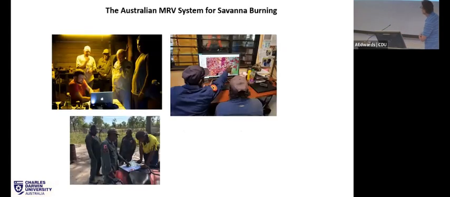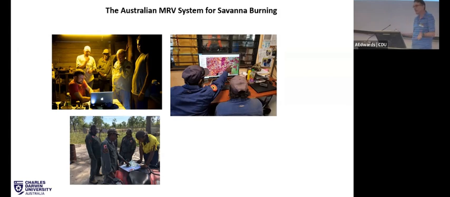So how did we try and achieve this in the Australian savanna burning context? How did we go about our MRV? Well, the interesting thing there is that our MRV was started before the carbon projects started. It wasn't started as a tool for monitoring, reporting and verification. It emerged as a tool just to help people manage fire, quite a few years before the carbon project started. It came out of a cooperative research centre, we call them here in Australia. It was to help people manage savanna landscapes here.